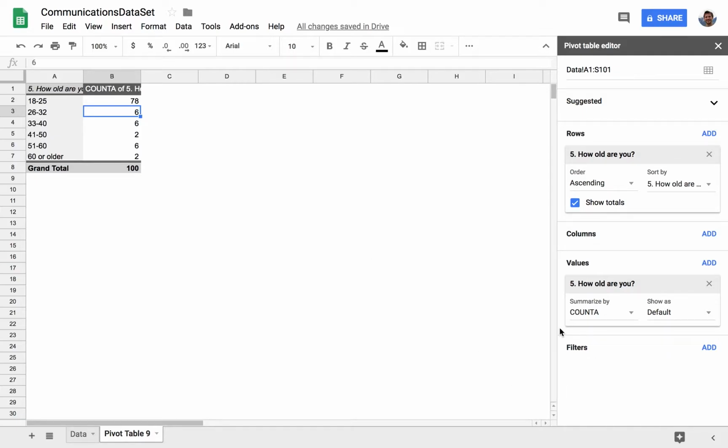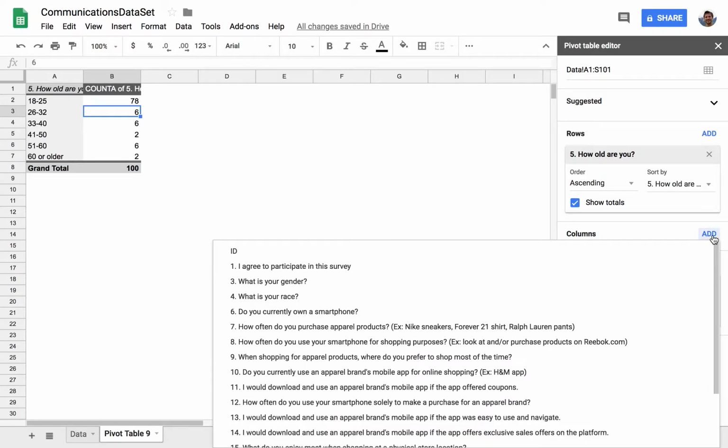Now, one of the nice things about using a pivot table is you can actually explore two variables at once and possibly even three, but I think two variables is easiest to see. And the way to do this is to just add a different variable into the columns. So if I go into the columns option and I click Add, now what I can do is find a different question that I want to compare against age, so perhaps gender. I'm looking at maybe the demographics of my survey respondents. And if I click